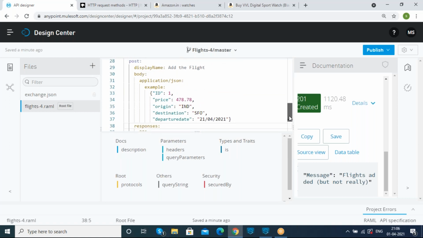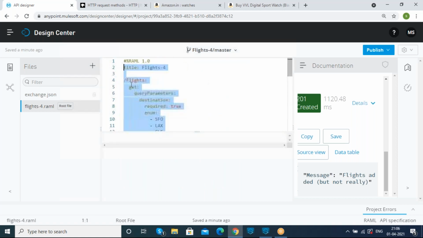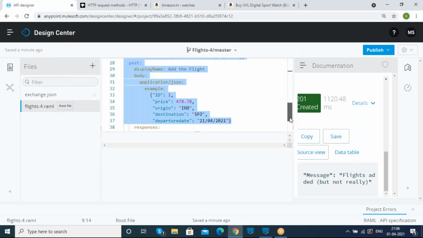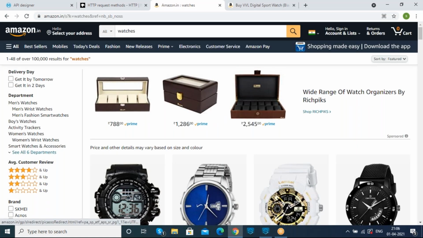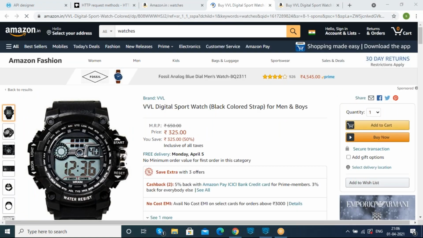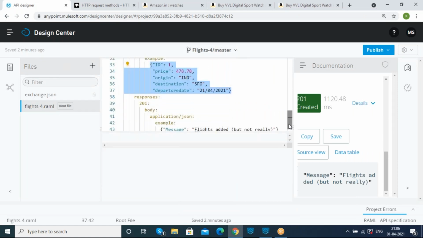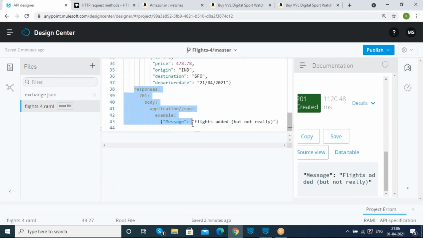How can you identify? Just a moment, Ram Mohan. See here, up to here, what is the API which we had designed? Can you let me know? If any user clicks on the add flight option, this is the flight ID which we had chosen, right? In order to book a flight ticket. Previously, I showed an Amazon example for you. After clicking on any product, if you click on buy now, after providing all the credentials, when we click on the confirmation tab, at that time the post method will come into play. And we just need to display this response.